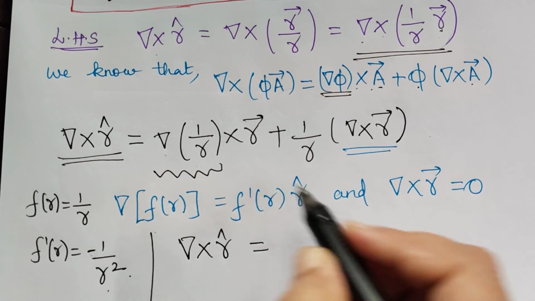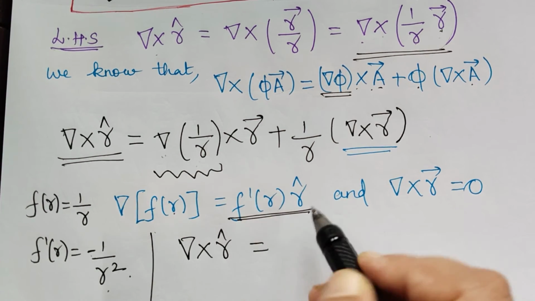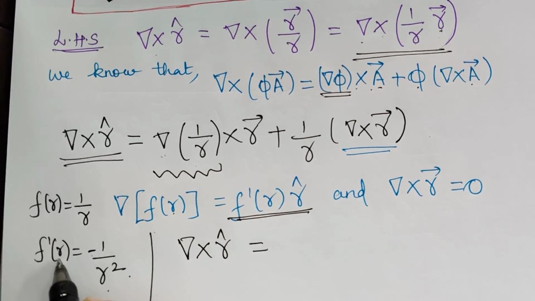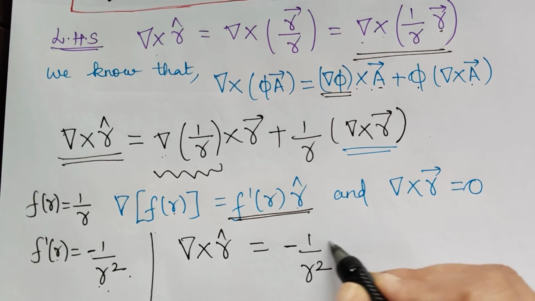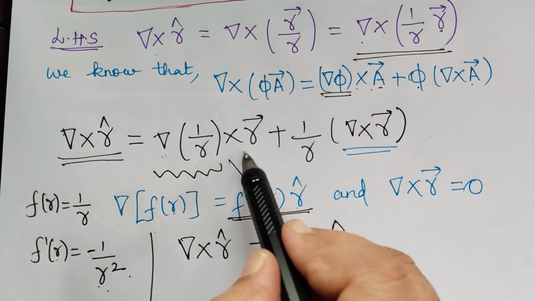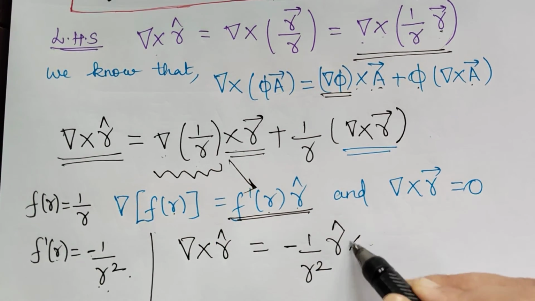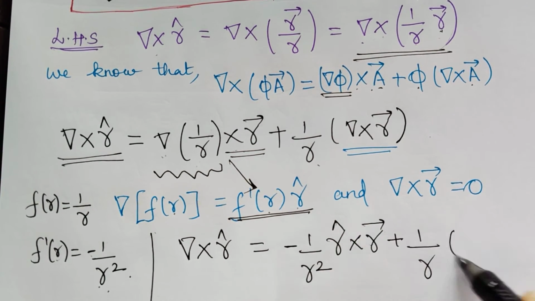It will be equal to, now instead of del f of r, that is 1 by r, we will make use of this formula. First we should write f dash of r. It is equal to minus 1 by r square multiplied with r cap, and then we have applied this formula. Then cross product with r vector